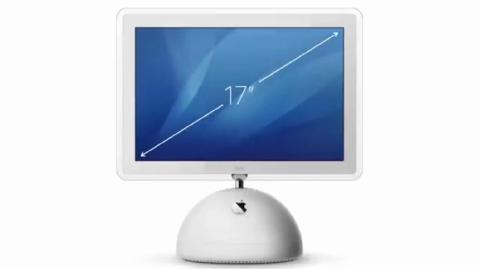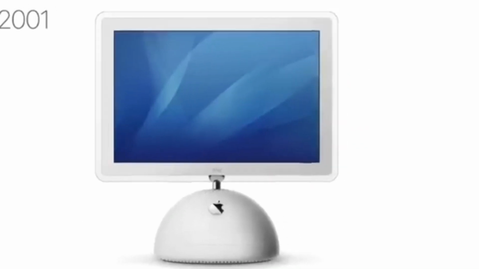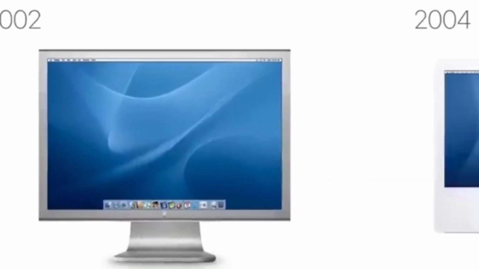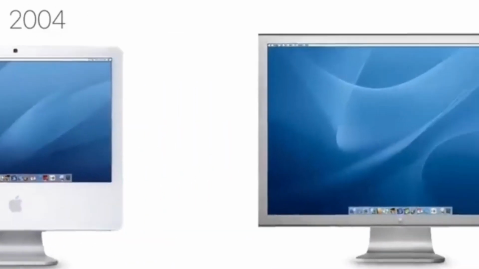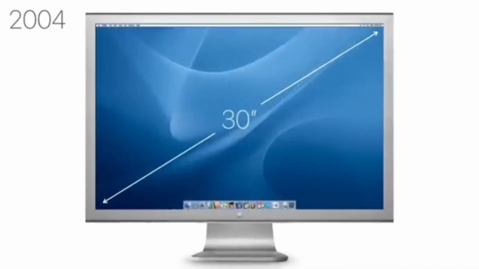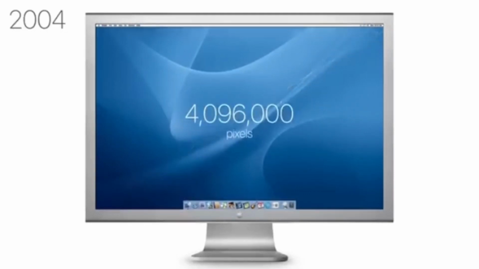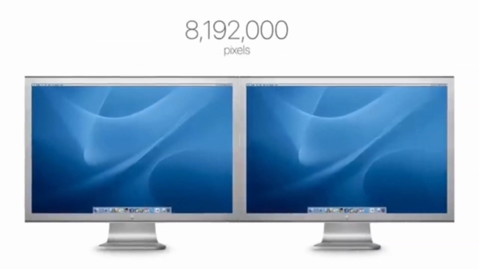You see, back in the older days of Mac, users only had one display that maxed out around 17 to 20 inches, and notebooks were even smaller, so losing track of your cursor was rarely an issue. But as years passed, technology advanced, and the Mac began to feature larger, more pixel-dense displays. In 2004, Apple had released their largest yet, the 30-inch Cinema display, which had over 4 million pixels,